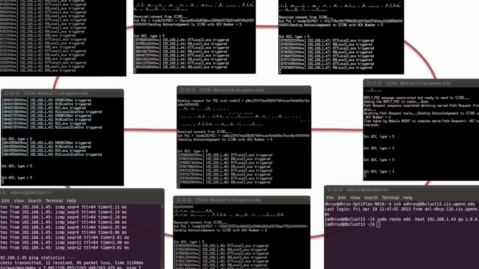Up to a maximum of 4 disjoint paths were requested and 3 were returned with the consent from each of the nodes on the path. You can see the computation and the triggered NDlog rules in the traces that are being shown. The computation happens very fast and it does not compromise on efficiency of the protocol.